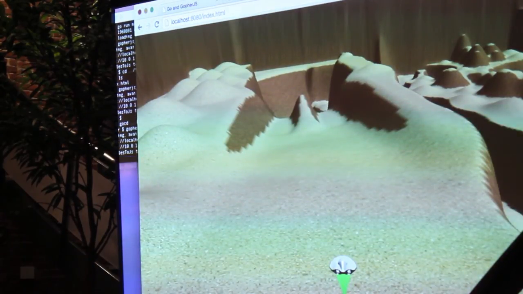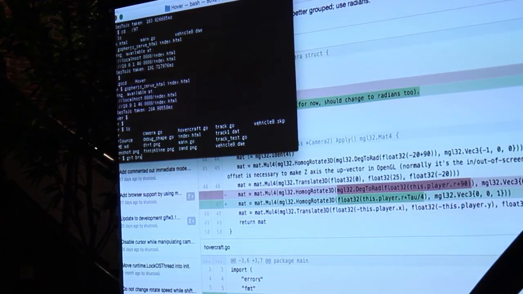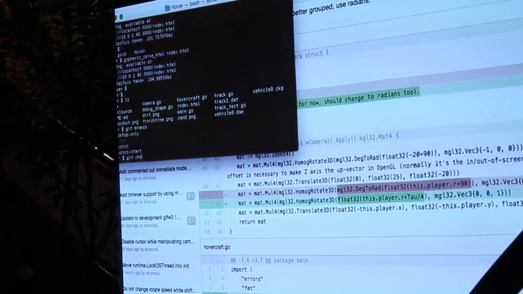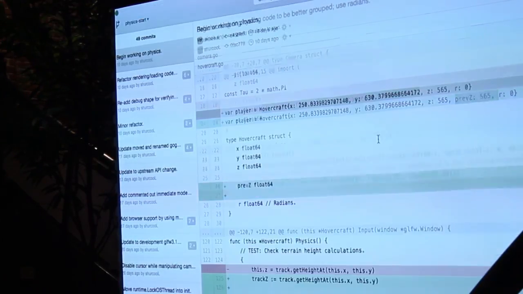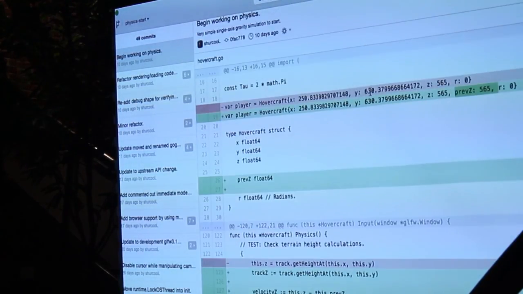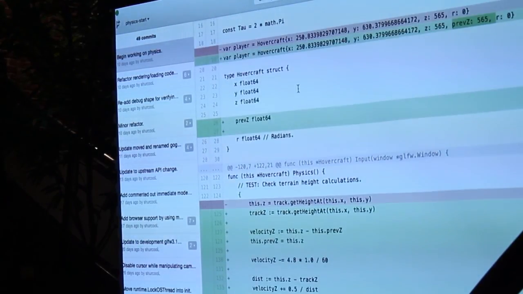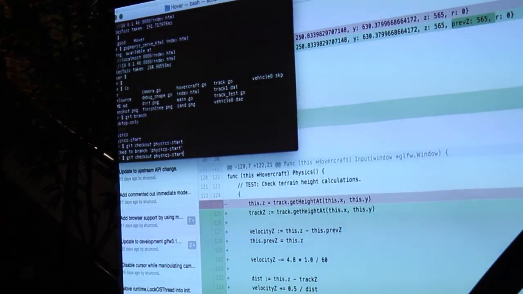But to really demonstrate the point that this is pretty cool, I'm just going to show you. I have a branch here. It has one commit on top of the previous branch, and it's basically a place where I started working on the physics. As you can see, it's just one commit, and all I'm doing is modifying velocity and position. There's nothing specific to the browser, nothing specific to the desktop version of it. It's just the logic of the program. And if I serve that again,